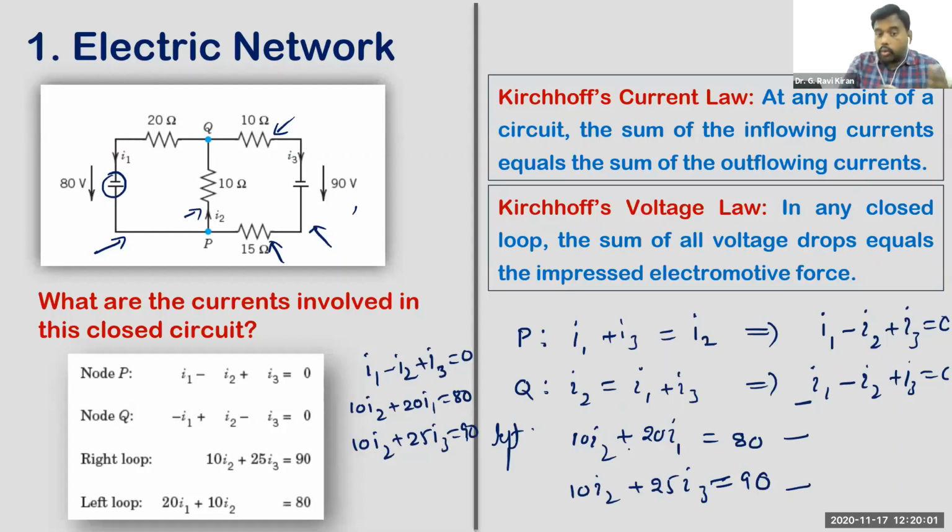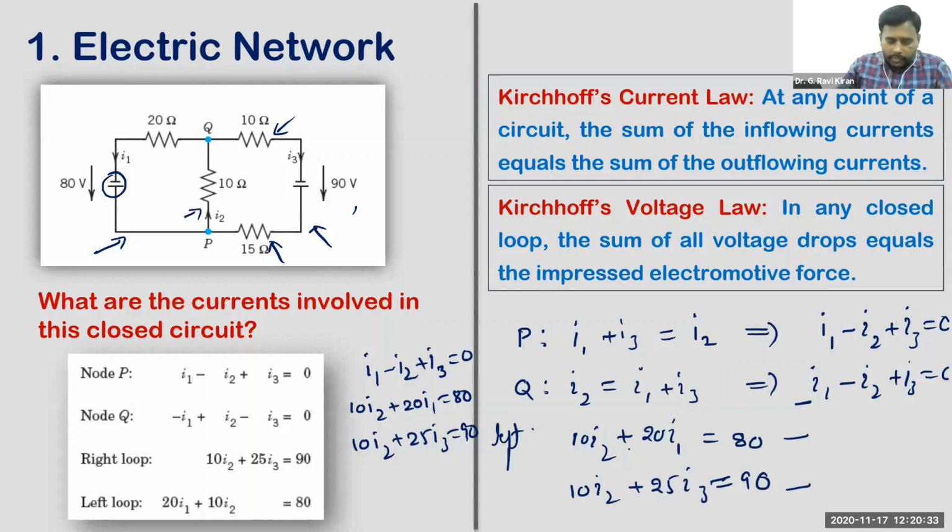You know already how to solve some kind of system of equations. But I'm just trying to give you a few physical situations from which you will get a system of equations. Once you have a system of equations, we have different methods to solve them. I'm not actually getting into how to solve this system of equations right now. You know already certain methods and we are going to study some more. But I'm just trying to give you different situations from which you will get these kinds of equations, right?